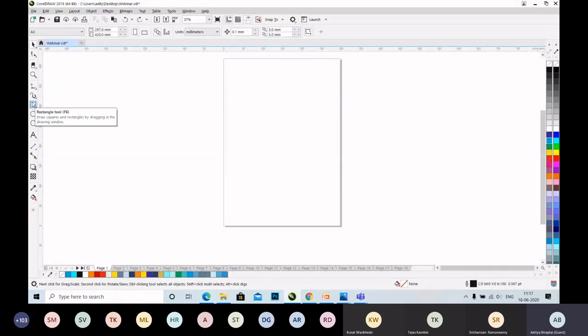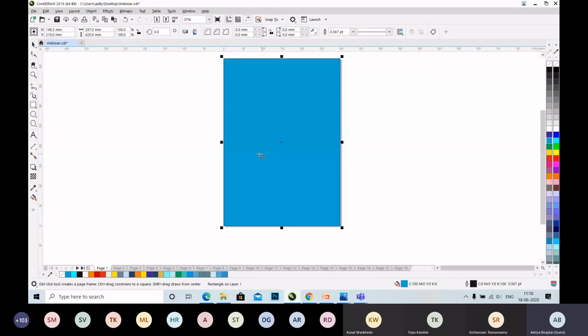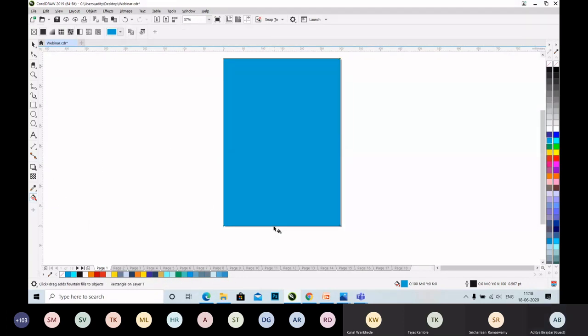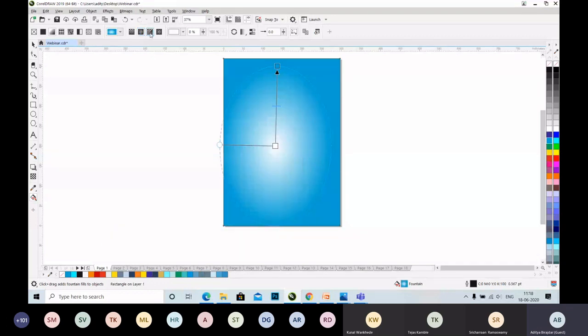For example, let's take a rectangle of page size and fill in the color, say cyan, inside this. Let's now see how this fountain fill over here works. You can see how just using one tool, we have our very own visually appealing background. There are various types of fountain fills over here. You can choose according to your convenience.